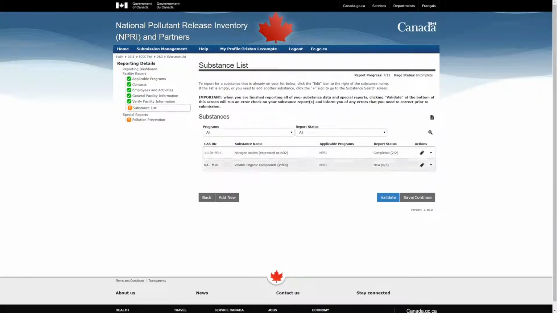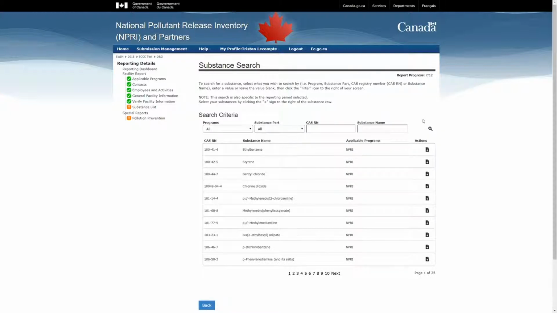On this screen, a Case 3 facility will need to report all 7 Part 4 substances as long as the facility meets the reporting threshold for at least one substance. If you need to add a substance, click the plus icon to the right of the screen to go to the Substance Search screen. On the Substance Search screen, you can easily view all Part 4 substances by clicking on